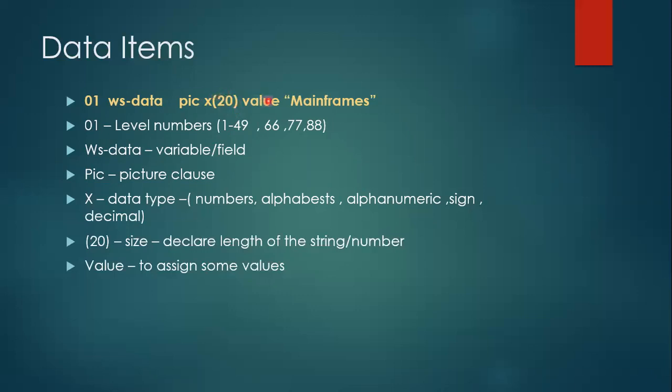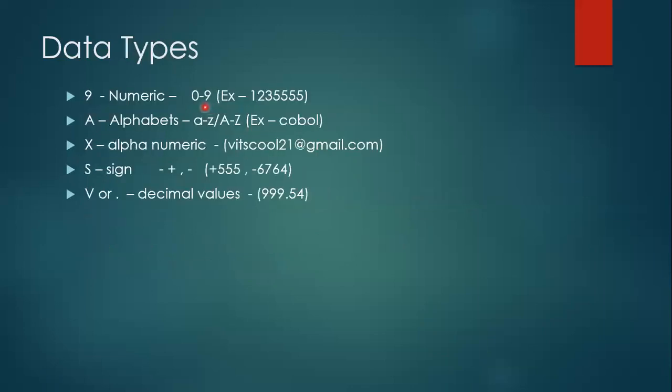In the same way, if you want to store numbers, the variable 01 WS-DATA PIC is common, but instead of X we place 9. So 9 means numbers and X means alphanumeric, which we are going to see. These are the data types available in COBOL: 9 means numeric, and A means alphabet. If you want to store only numbers, we use 9, and A means alphabets. If you want to store A to Z characters,